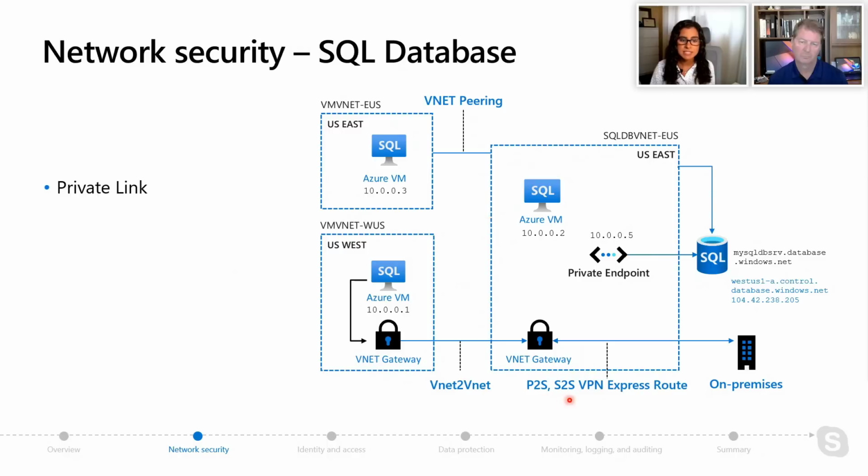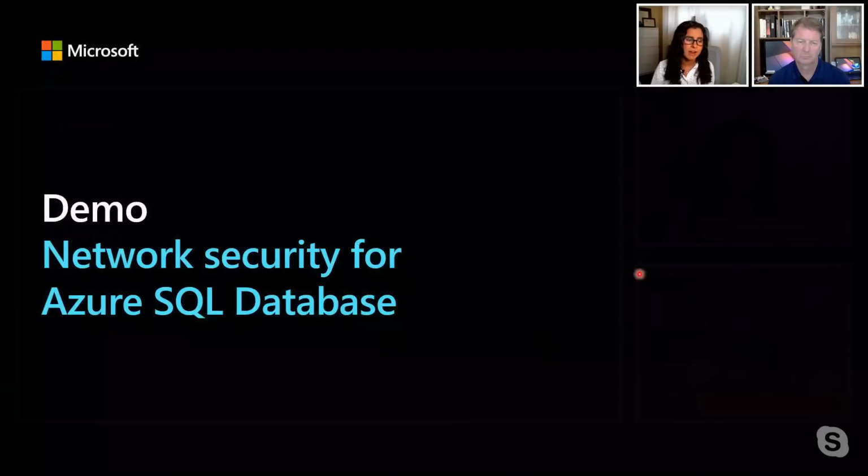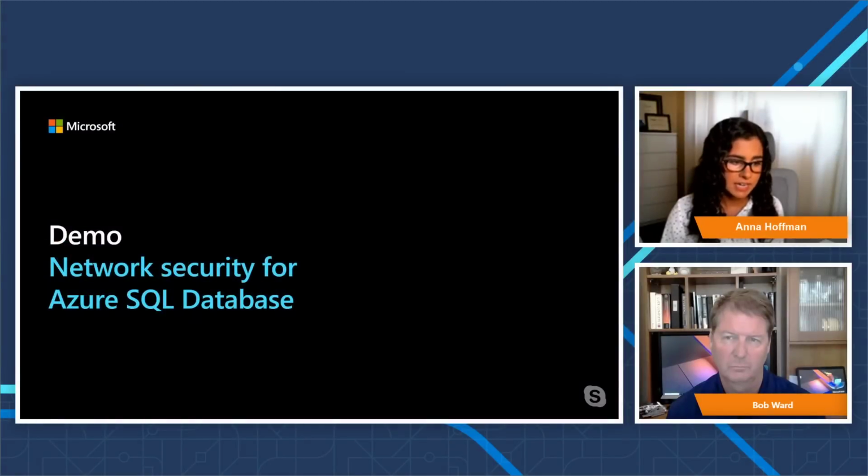It's basically now, instead of needing access from the database server, you just need access to the virtual network where the private endpoint lives. And setting this up is quite easy. You can even have multiple private endpoints per a database server, and there are some reasons why you might want to do that. Also, if you do have a private endpoint, you have this option to completely shut off access to the outside internet, which can be useful depending on your scenario. But what I wanted to do is just show you a little bit of how this looks in a demo.